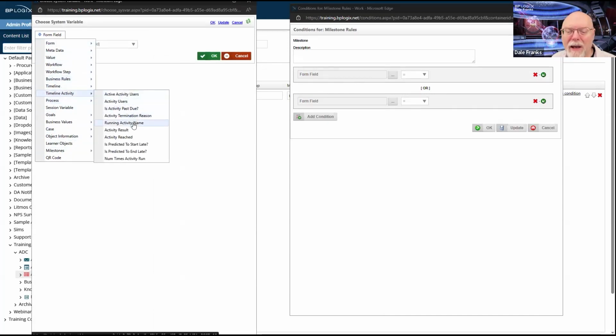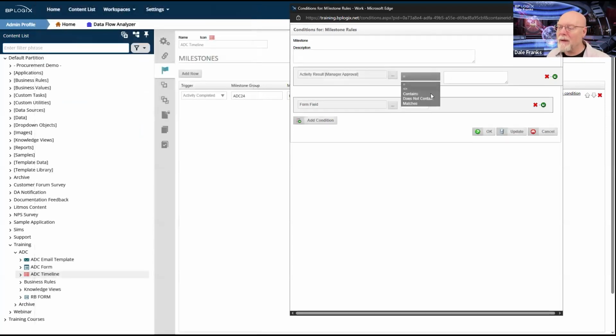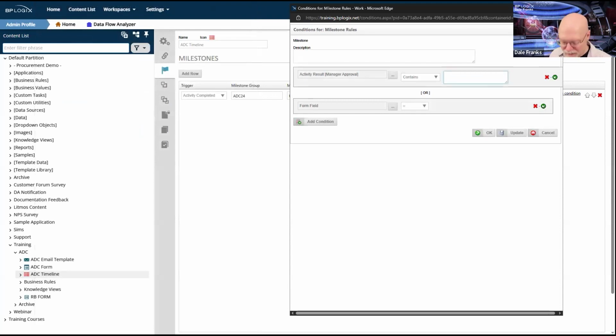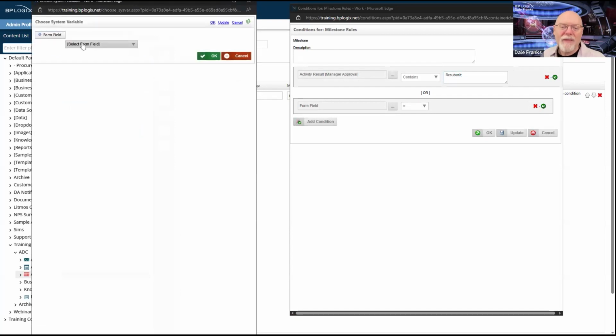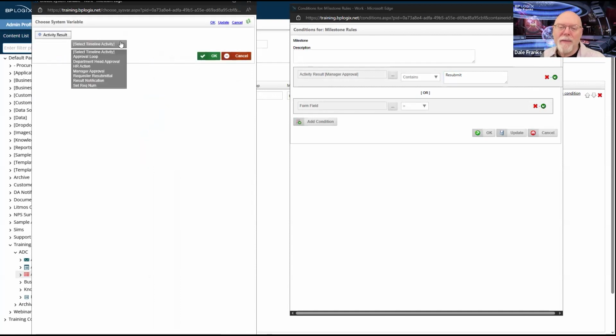So timeline activity result for manager approval contains resubmit, or if the timeline activity result, timeline activity, and this time I need department head approval.